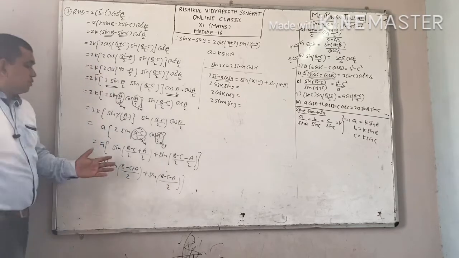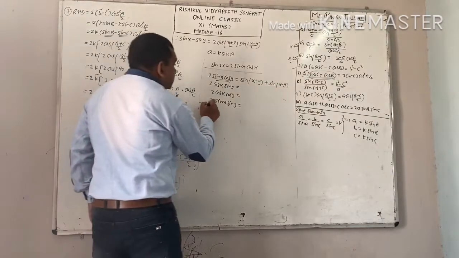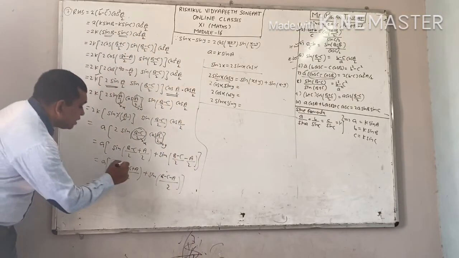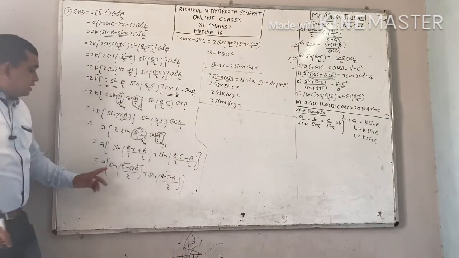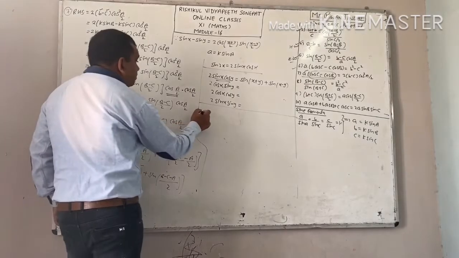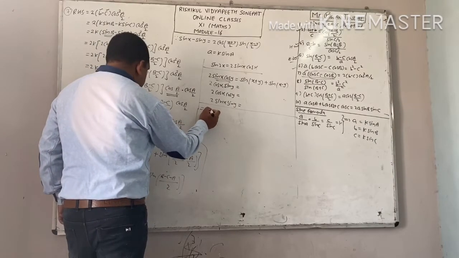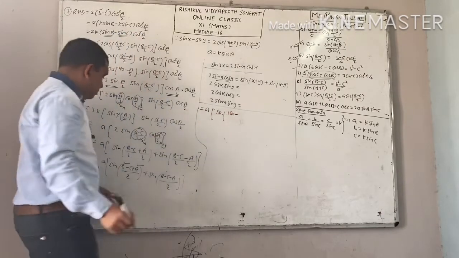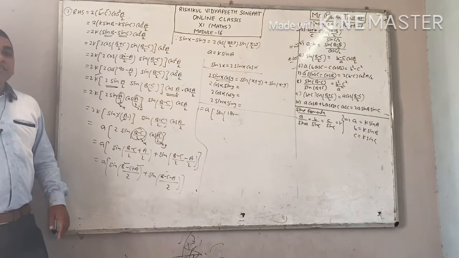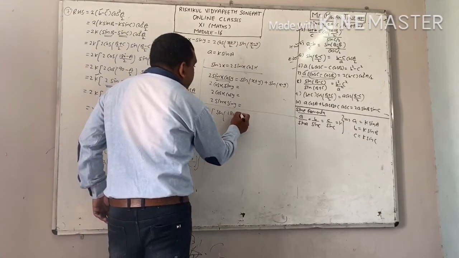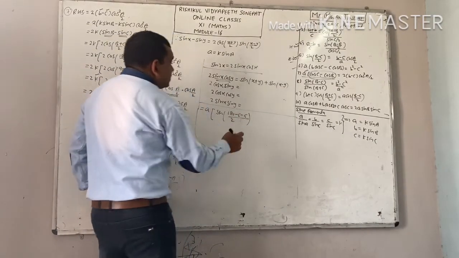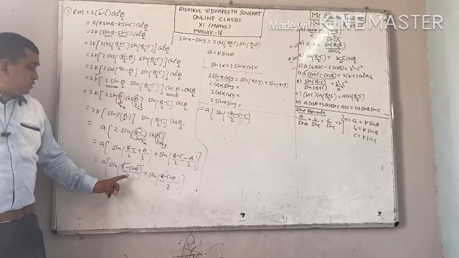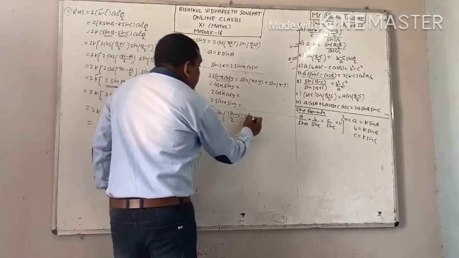Now you have to just do the simplification and apply the similar concept: sum of two angles is equal to 180 minus the third angle. See here, A plus B, you know very well, is equal to 180 minus C, and minus C is already there. You can directly write it, or you can do it in the next step also. A plus B equals 180 minus C. This minus C as it is, whole divided by 2. Plus sin.